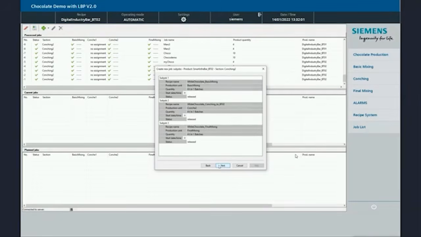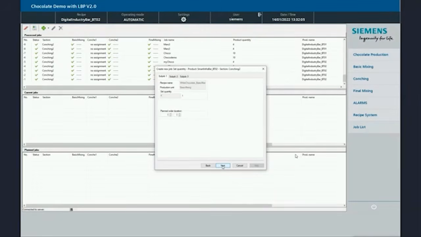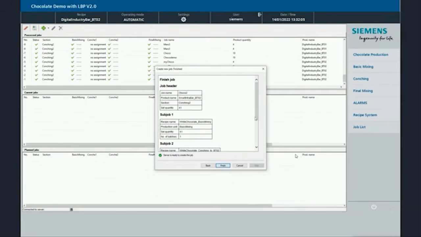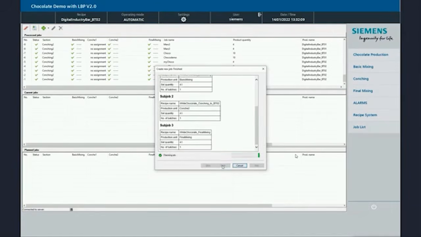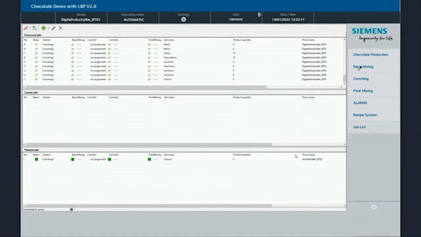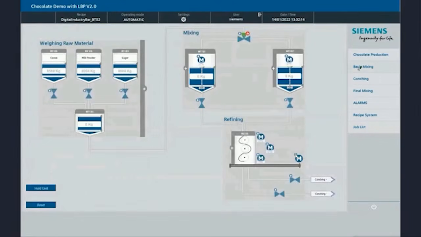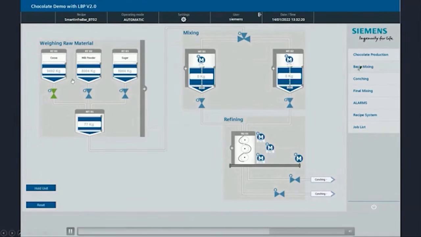So we start a second batch for demonstration purposes and let the production run again. At the moment, we see the next dosing step starting, so production continues.